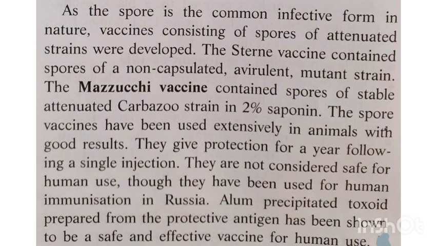Then for human use, they developed a toxoid, that is, anthrax toxin can be converted to toxoid and used as a vaccine for human use. This is used only for high risk persons, that is, persons who are exposed to anthrax bacillus. This toxoid vaccine consists of 3 doses, given intramuscularly at an interval of 6 weeks between the first and second, and 6 months between the second and third, which induces good immunity in humans. That's all about prophylaxis.